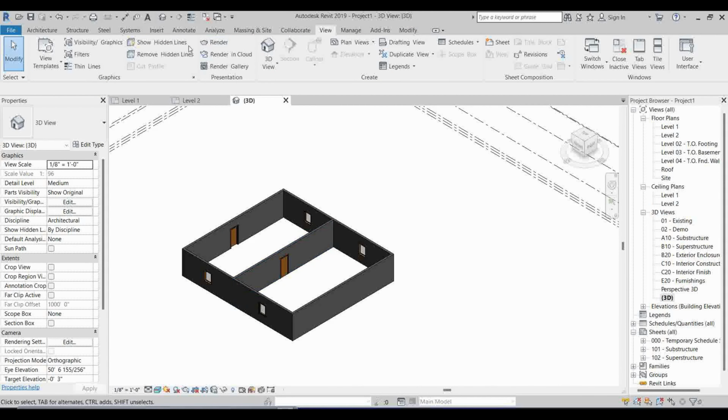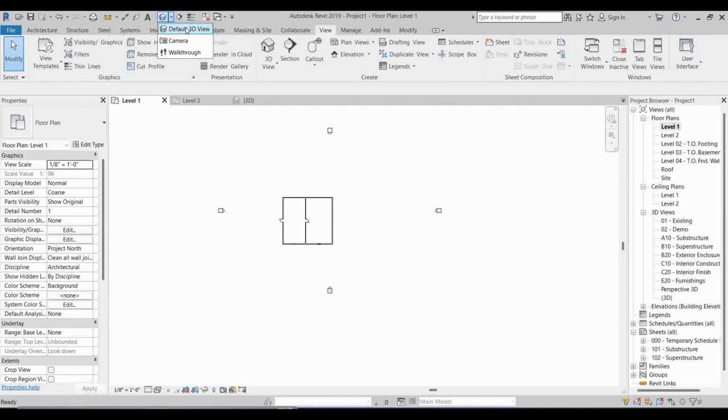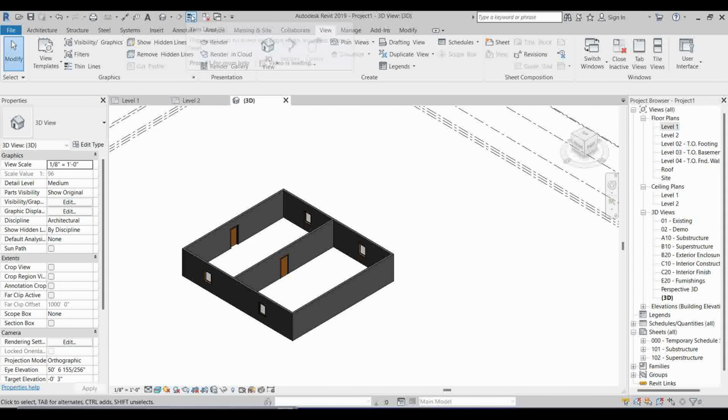In the view tab, we can also draw sections and elevations. User interface is here, that is, you can customize your Revit as per your convenience. MEP, fabrication, whatever you want to see in front of your screen, you can change it here. And this is also the shortcut for the 3D view, and walkthrough is here. Line type is